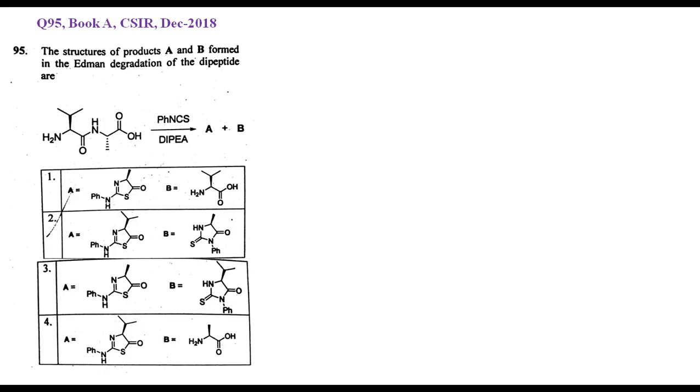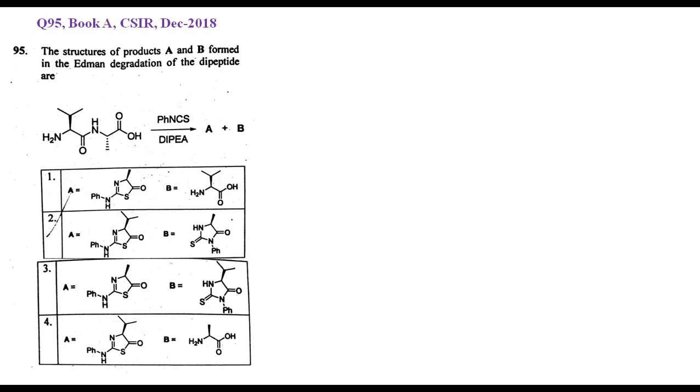Hello everyone. We are going to discuss solution of question number 95, booklet code A of CSIR December 2018. In this, we have to find out the structures of the products A and B formed after Edman degradation of the given dipeptide. Edman degradation is one of the most widely used methods to identify the N-terminal amino acid of